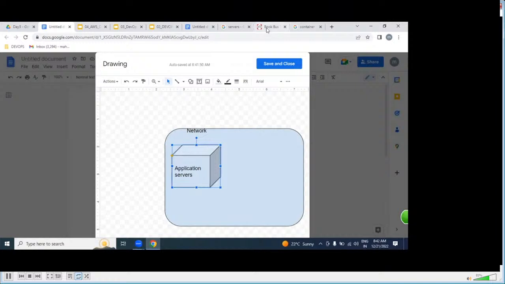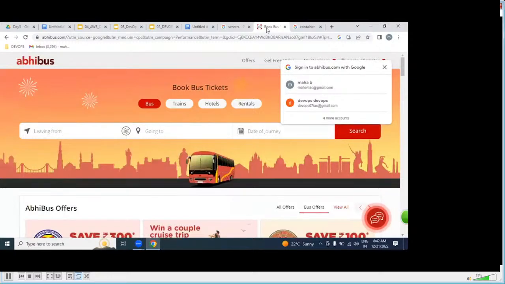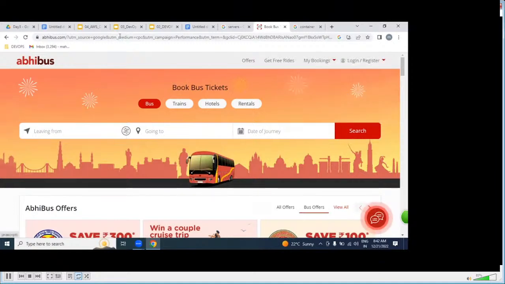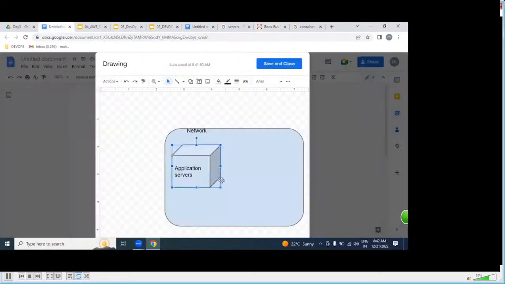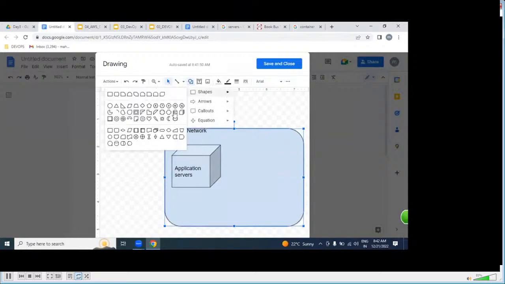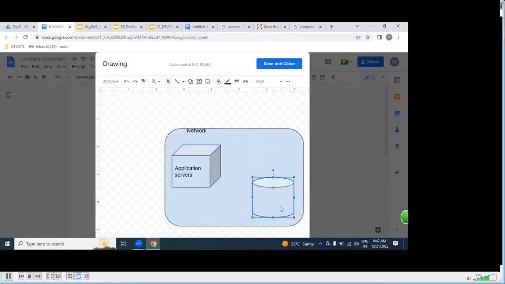On top of it, we are going to be placing Redbus kind of applications, Abibus kind of application, Flipkart kind of application. How many servers we are going to be deploying? N number of servers. So once it is placed, where exactly can you maintain our customer information? In database. That means we need to create a database or not? The service name here is RDS. But it might be MySQL database, Oracle database, whatever. So application is maintained on the application server, our customer information maintained on the database.